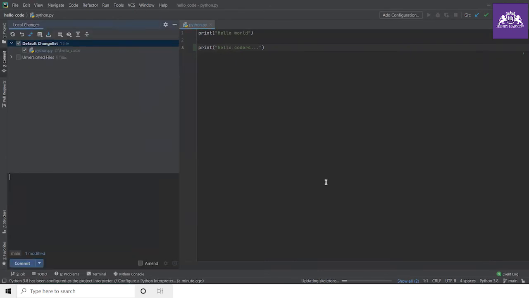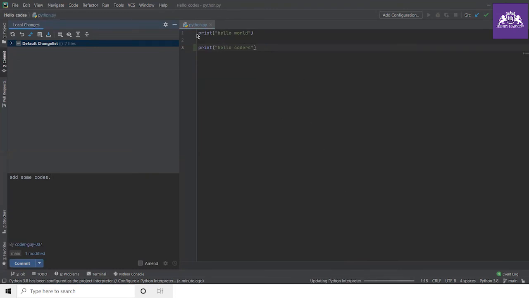When you click on Commit File, it will ask you to add a comment for it. To add a comment, just write some meaningful line so that if any user comes to your GitHub profile, they can understand what update you have done. So I write "added some lines codes." Okay, and just wait for a while because it may take some time.